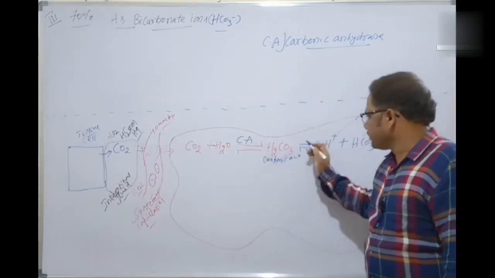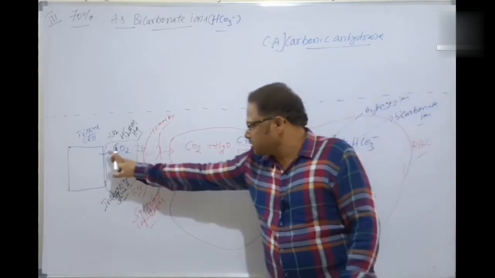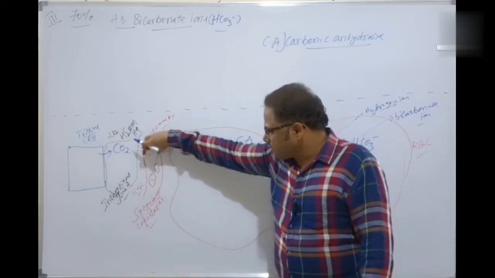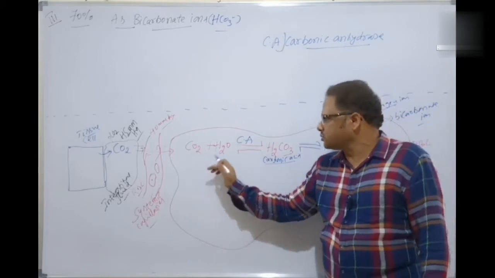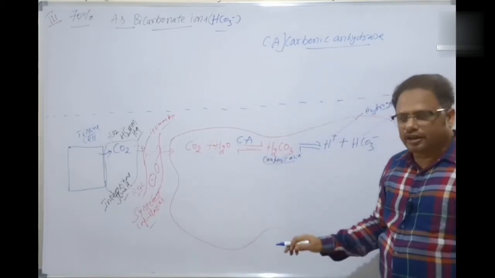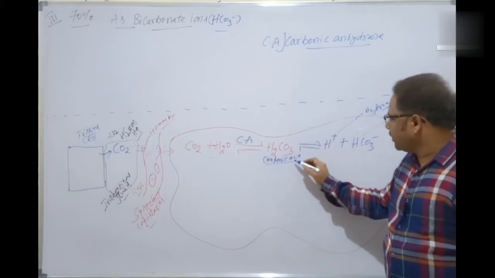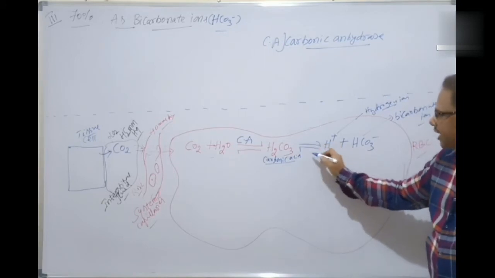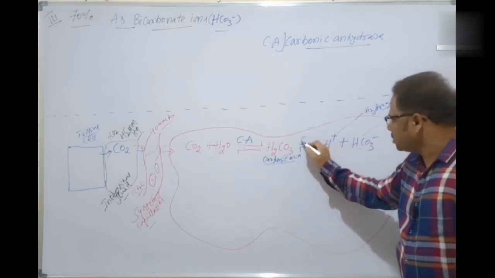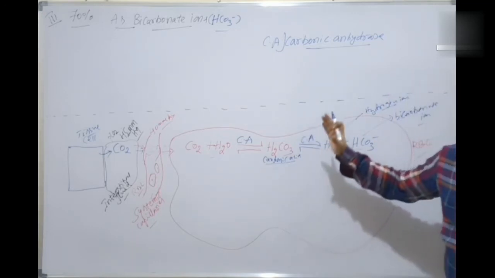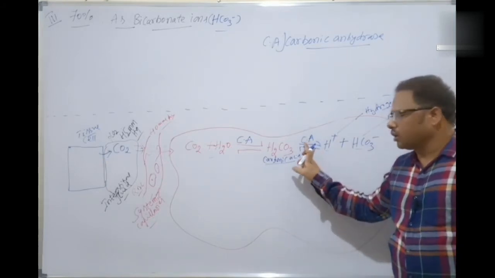So carbonic acid is formed in the presence of carbonic anhydrase. When carbon dioxide is diffused into the systemic capillaries, which contain RBCs, these biochemical reactions proceed. Carbon dioxide mixes with water, and in the presence of carbonic anhydrase it forms H2CO3, carbonic acid. Carbonic acid instantly splits, in a reversible reaction, into the cation and anion, H+ and HCO3- ions. This also occurs in the presence of carbonic anhydrase, because RBCs contain higher levels of carbonic anhydrase.